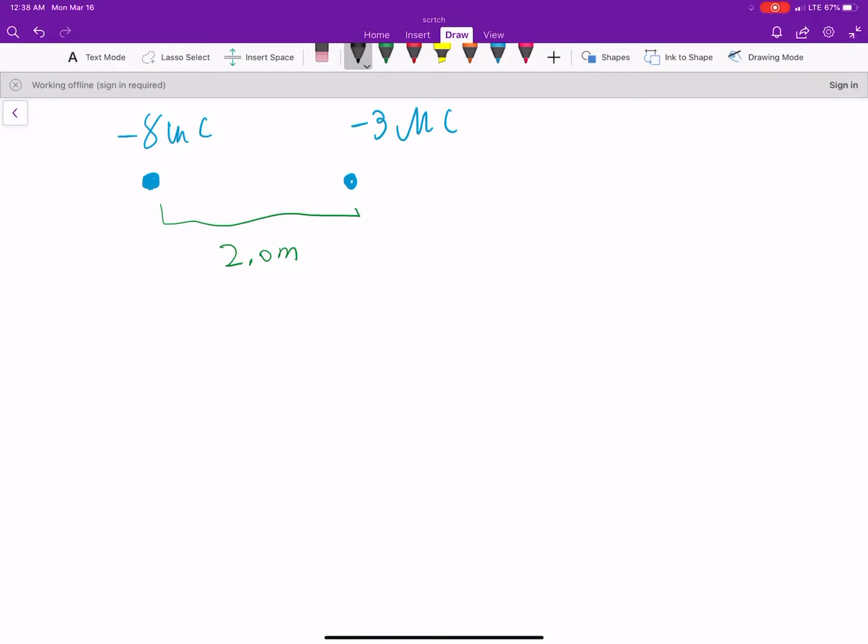Alright, so we're going to do a quick Physics 2 problem where you have 2 point charges. One has a minus 8 microcoulomb charge, and the other has a minus 3 microcoulomb charge. And they're separated by a distance of 2 meters. Now, the question is, first off,